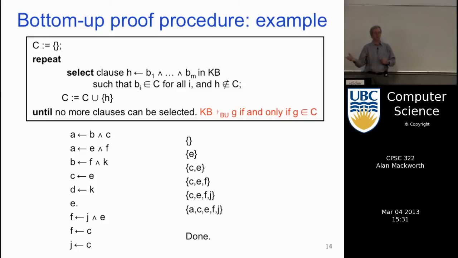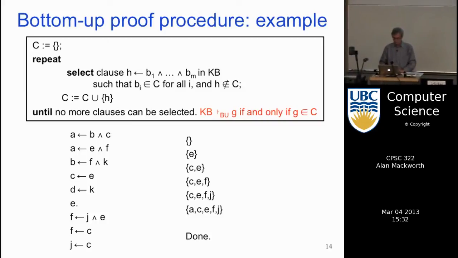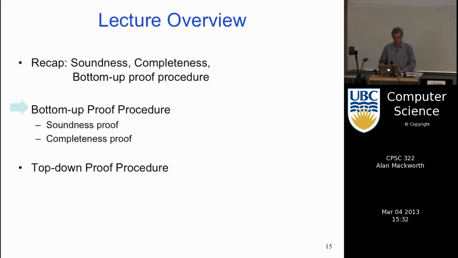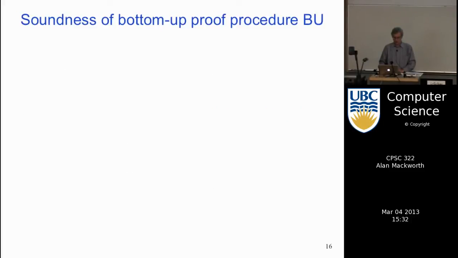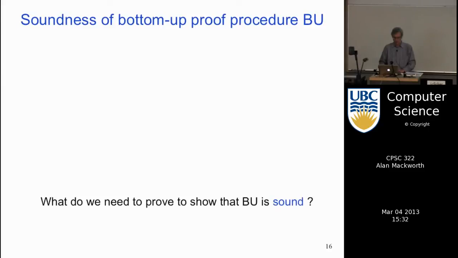The rest of the atoms in the theory is a finite set of atoms, so we're going to collect the set that is forced to be true. The rest could either be true or false in any model. We don't care. These are true. This is the set that has to be true in every model. Okay? Questions about that? And it's all covered in the book. It's a little strange if you haven't encountered these ideas before, proof theory. So then we want to prove that this is sound.